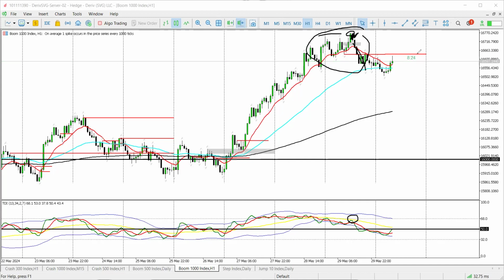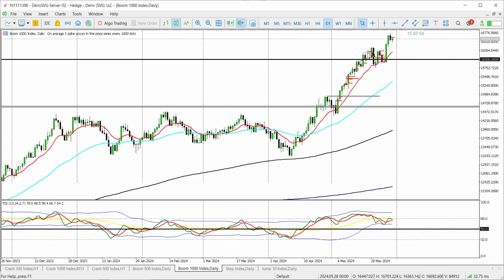But for now, intraday, we can only buy if we come back above this order block here, coming back to these highs. So we could still maybe spike above, then get that sell happening within the same day, which is today. Here we'll also be getting that baseline bounce again, right on that level as a confirmation to the sell. So if we can get a chance for a short-term buy, we can still execute. But just pay attention to the daily. You can see what I just mentioned. This pattern here,